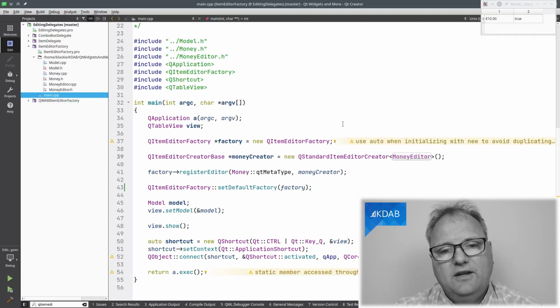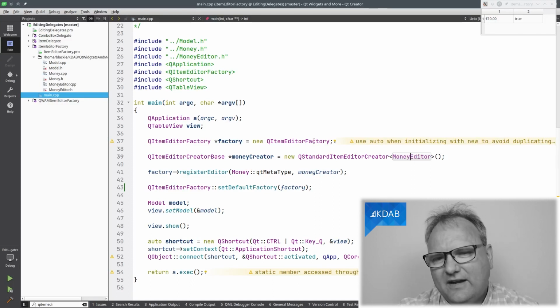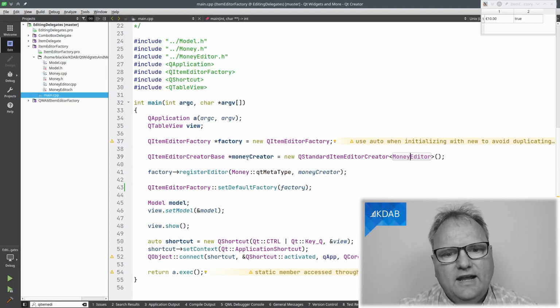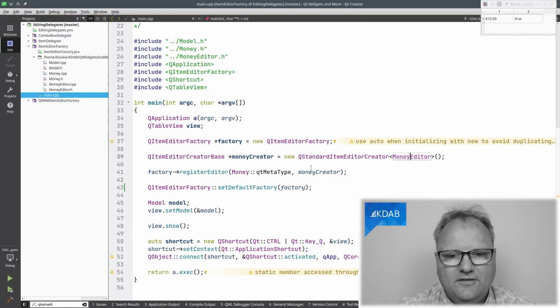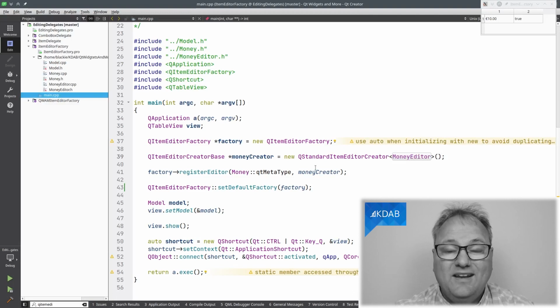That was pretty good. It's a lot of complex code, and let's see if we can do it again. This is the factory, and in the factory, I create the factory here, and I register this factory with this meta type, and I set the factory here, and whenever something needs to be done, it'll go to that and fetch that editor. Okay, I can live with the complexity, especially if it's the same all over the place.